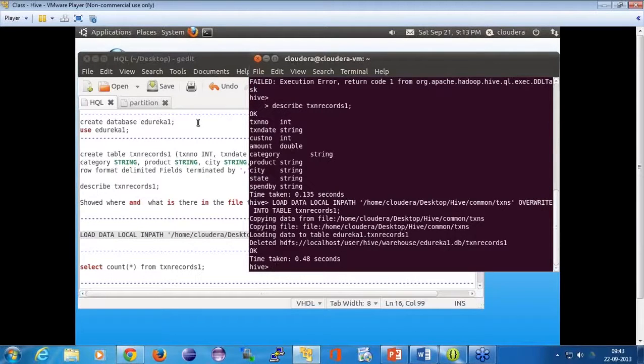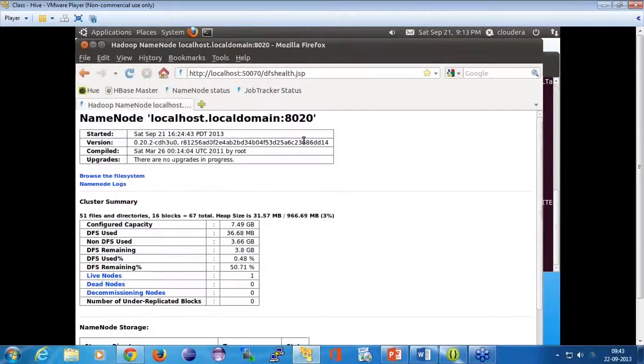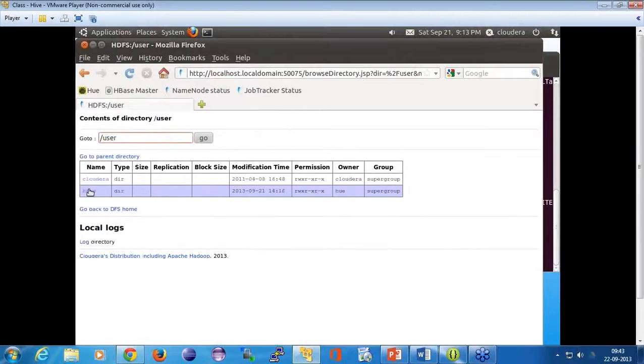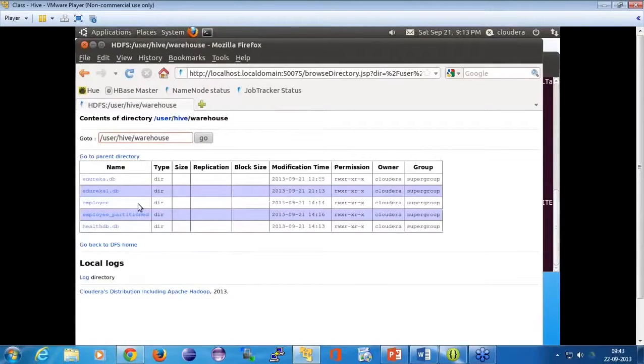Now let's do. So this is the place. This directory basically is your warehouse directory where all the data will be stored if it is a managed table. I'll tell you the difference between managed table and external table as well.